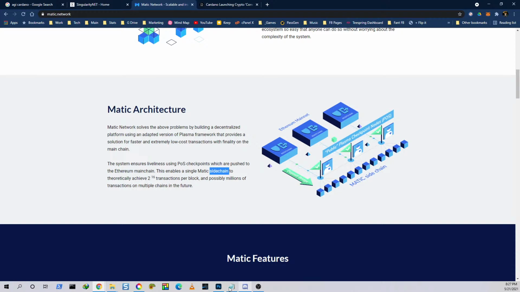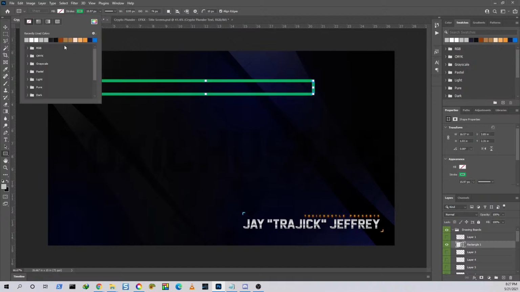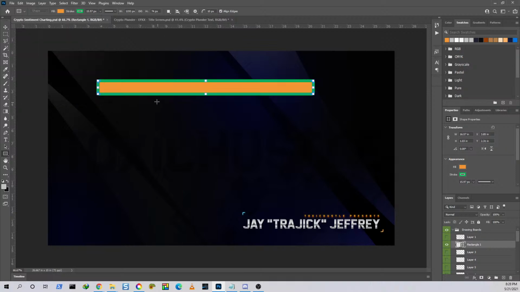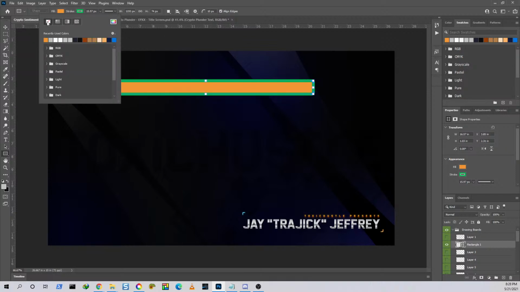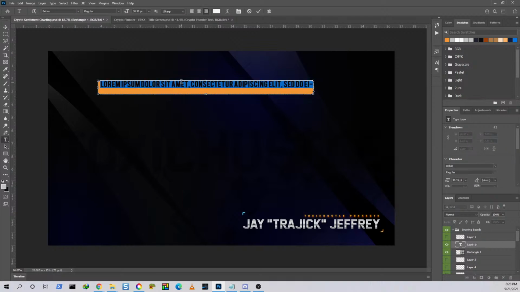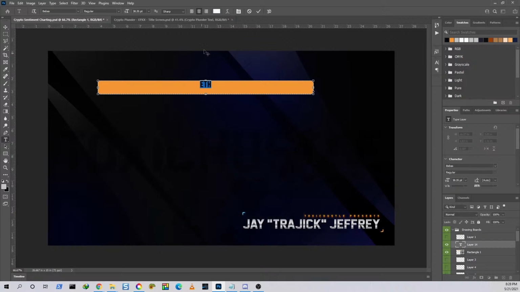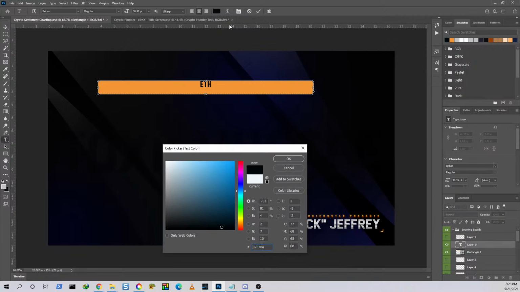So what it is, you have your main chain of Ethereum, right? Hold on, I'm going to open Photoshop. So let's say you have your main chain, this is your Ethereum line, right? So this is ETH. I'm going to make it yellow. Let's take off the stroke because I'm ADD and that's just how it is. So let's say that's ETH, right? And change this to black because that's what I do. Oh, that's not even going to do it. There we go. Thank you.